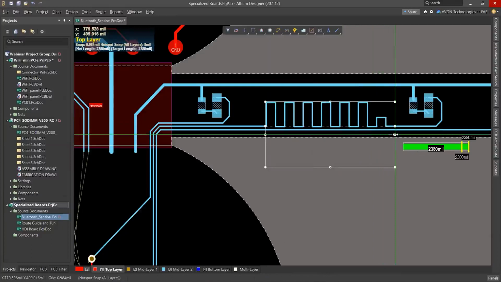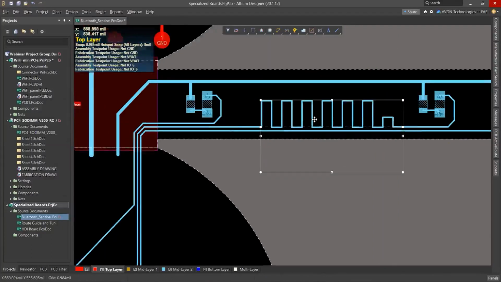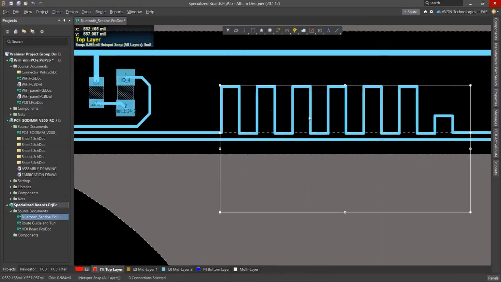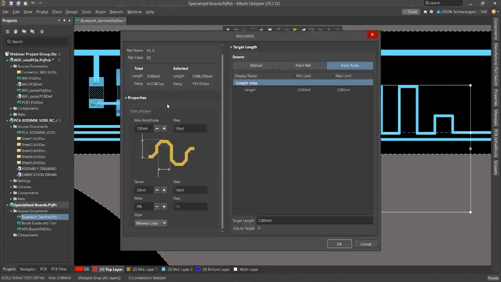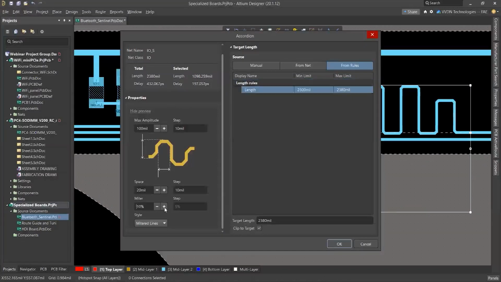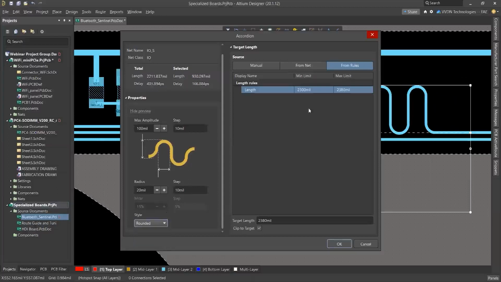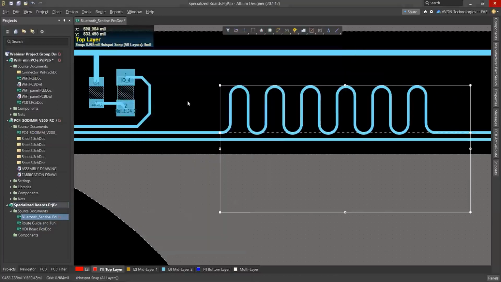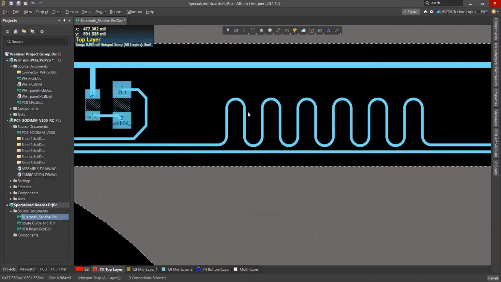Suppose if you want to change this routing corner, that also we can do. From there we can increase this miter option from 0% to 5%, 10%. So here you can see it is changing, right? And we can change the mitered line style also: normal lines, arc style, then rounded. So like that also we can choose, and we can do length tuning.